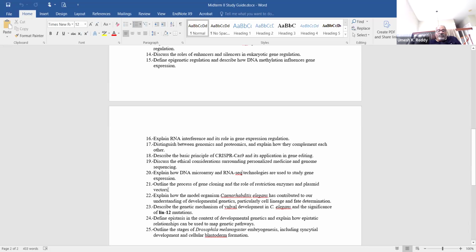Okay. So question number 21 is gene cloning and the role of restriction enzymes and plasmid vectors. We discussed that in detail, creating recombinant plasmids and then creating the recombinant bacteria. There are two kinds of plasmids once you carry out the experiment. Some of the plasmids never got the foreign DNA, and some of the plasmids are cloned with the foreign DNA. Recombinant plasmids and non-recombinant plasmids both can be used for transformation inside the